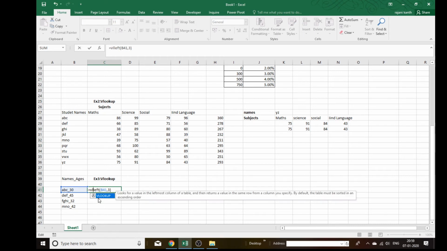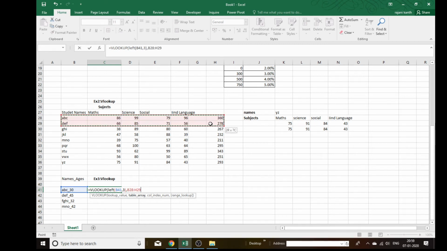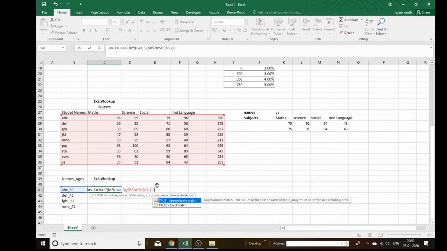Control G. Drag this into VLOOKUP. This value, comma, we need the total, right? Take this whole thing, comma, 1, 2, 3, 4, 5, 6, 7, sorry, 7. Block from all sides, comma 7, comma 0.